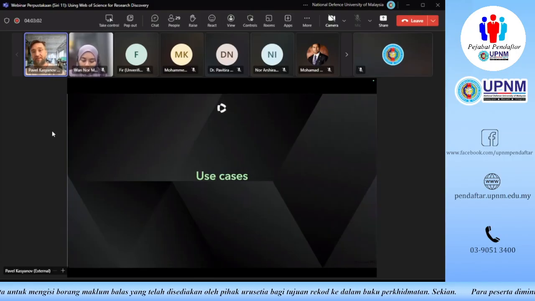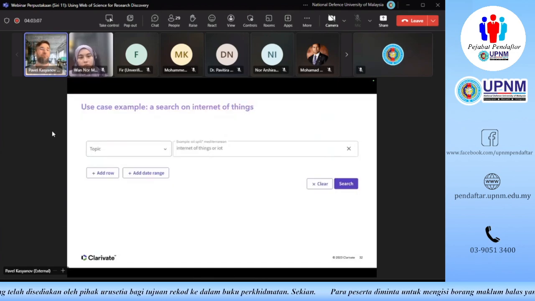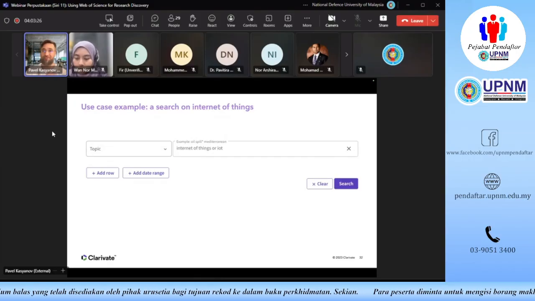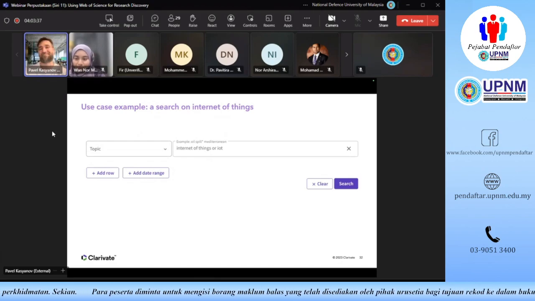And let's talk about the use cases. So what exactly can we do with the Web of Science? I'm going to show you some screenshots, and I tried to pick the topic of Internet of Things. I know it might not be the most exciting thing for a lot of you, because a lot of you might be conducting research in other subject areas. Well, this is also not a topic in which I am very proficient. I studied economics and management in university, so Internet of Things is not my topic. But let's see what happens if we run this search in the Web of Science core collection.